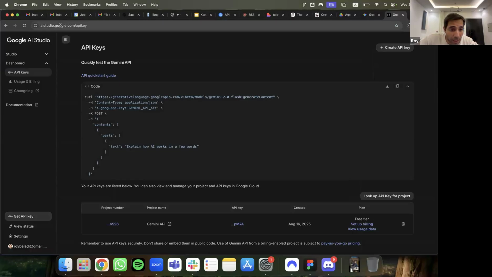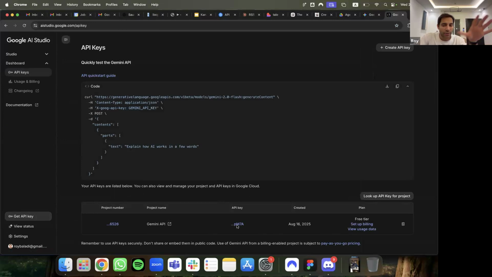So exactly what Claude told us: aistudio.google.com, get your API key. Where is the API key? Here. Obtain your API key, look up API key. I'm not going to share mine on a screen with 100 people, but take your own API key and copy it. Please give me a yes if you have your API key. So basically, it's exactly what Claude said. Open that link and obtain your API key.